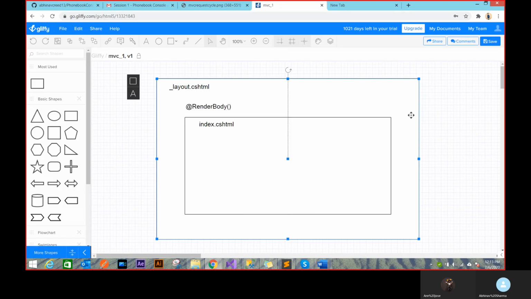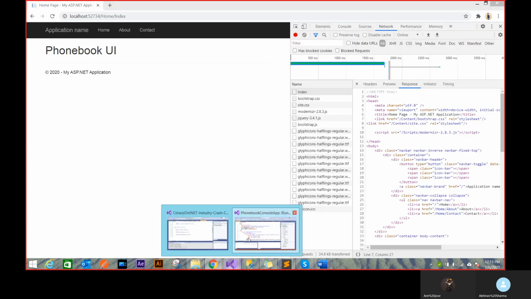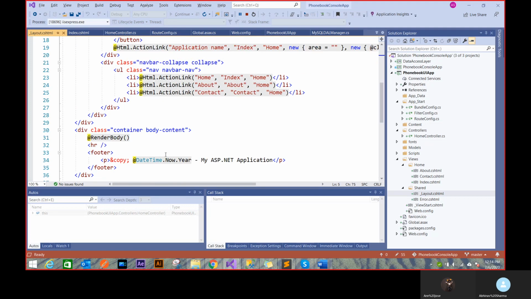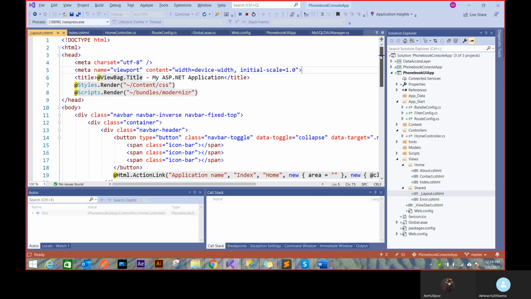But in my Razor syntax, if you remember, it was @ViewBag.Title. So something must have changed it, right? Somewhere someone must have changed this ViewBag.Title to my homepage. So this is the view engine's work. When I return a view, it looks at those @ and converts it into the right HTML format. So that's where the view engine enters.